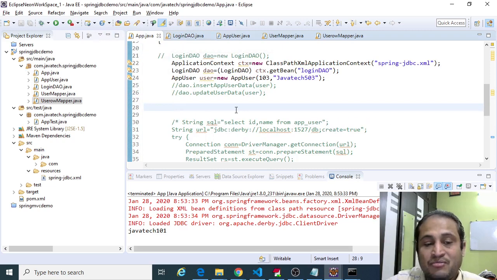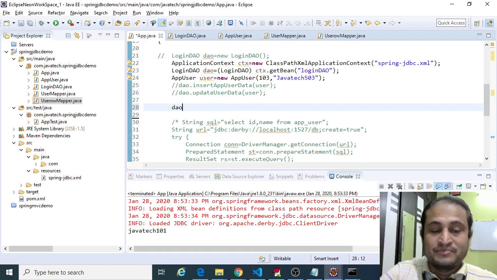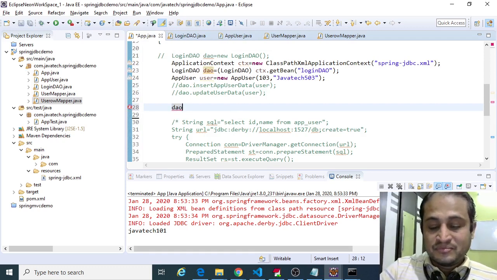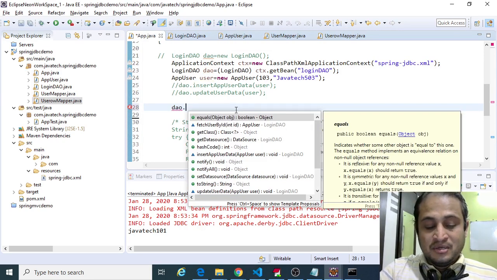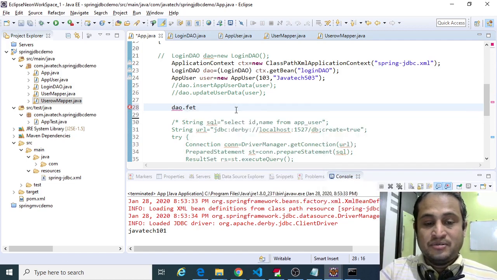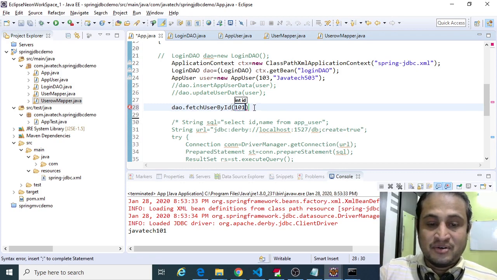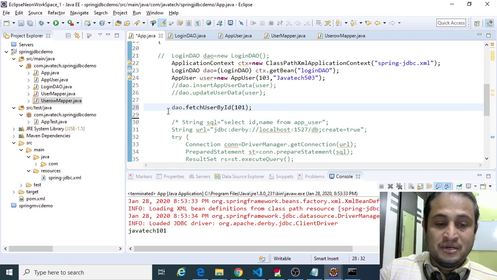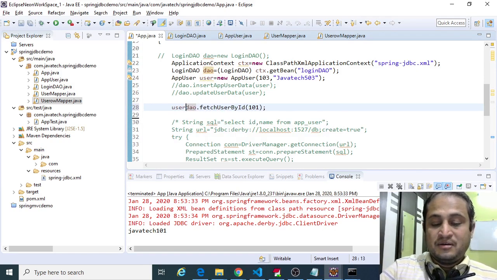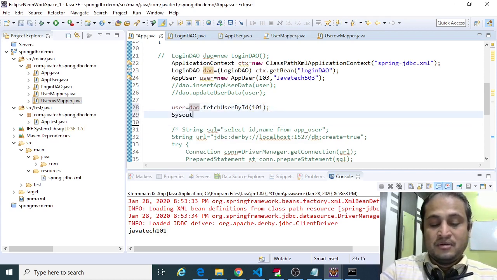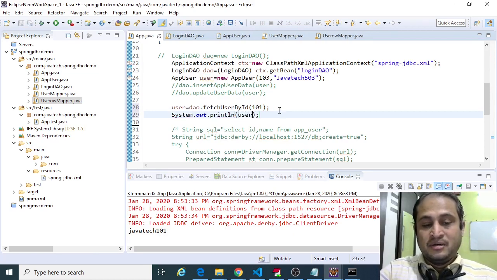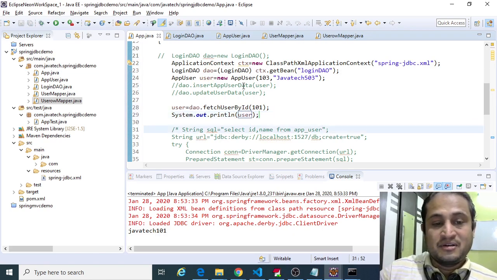So let me invoke this application from client code: dao dot fetch user by id, passing 101 here, taking that argument, and printing that user object to see whether it has correctly fetched or not.